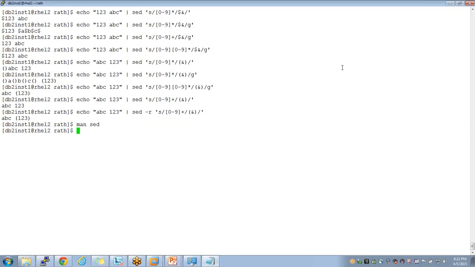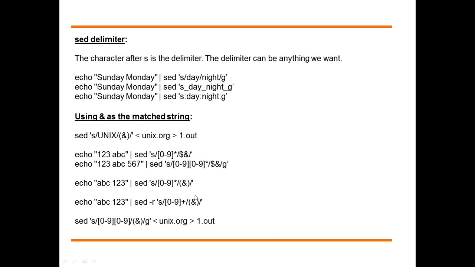So I think it's telling me that if we wanted to use this plus here, what does this plus signify? The difference between plus and star is that star is 0 or more occurrences, plus is 1 or more occurrences. In a few places they refer to star as a question mark. If you want to use these extended regular expressions, I think they are saying you have to use the hyphen R option. Otherwise it won't work.